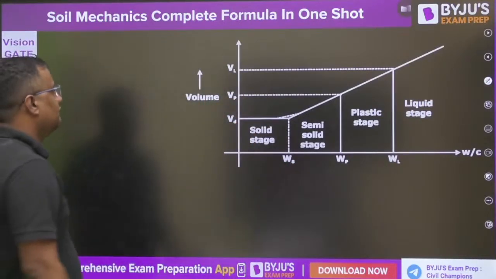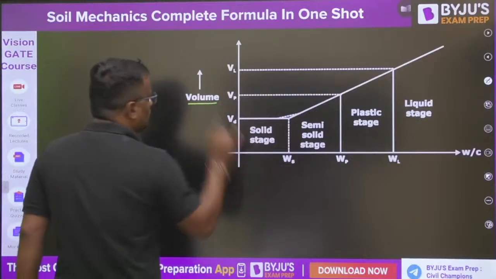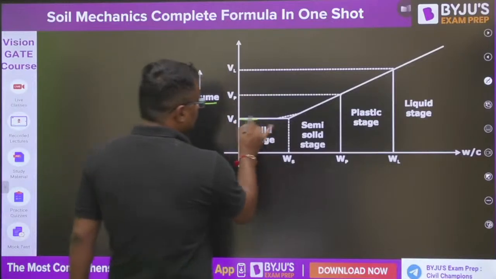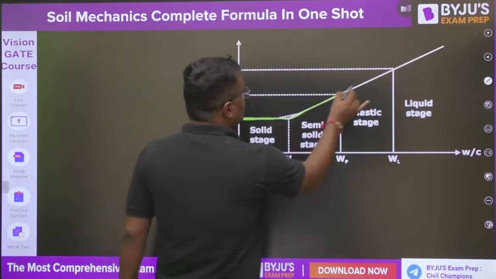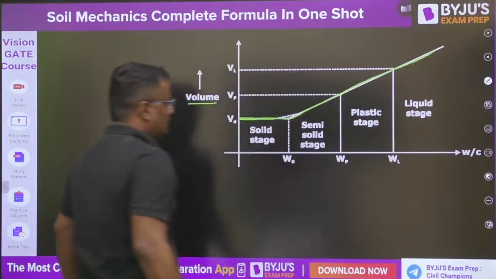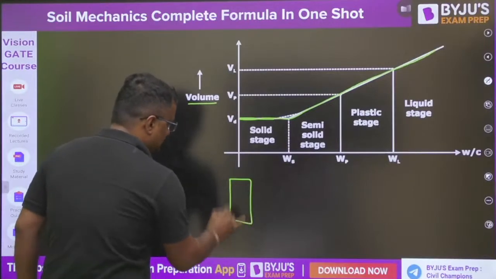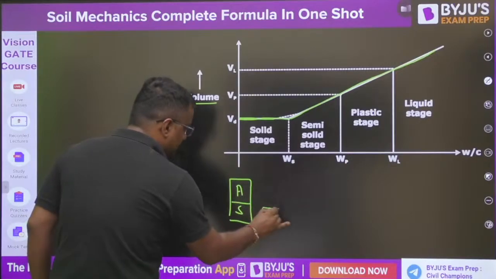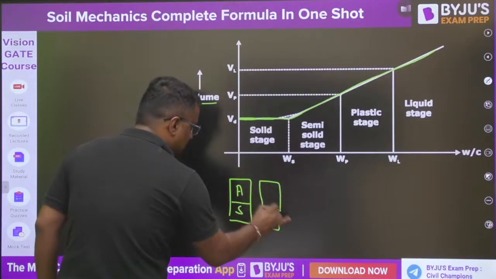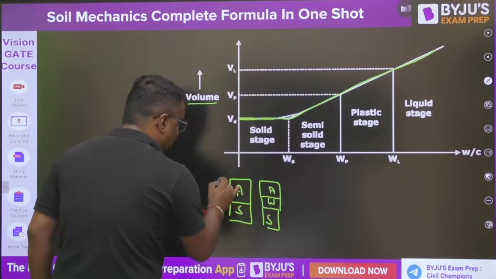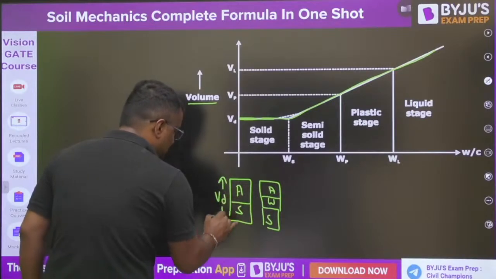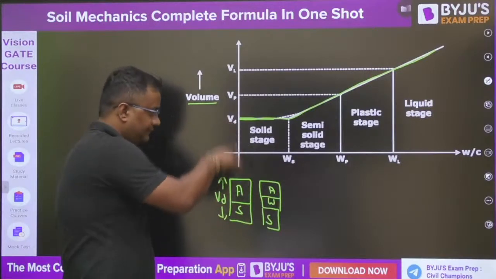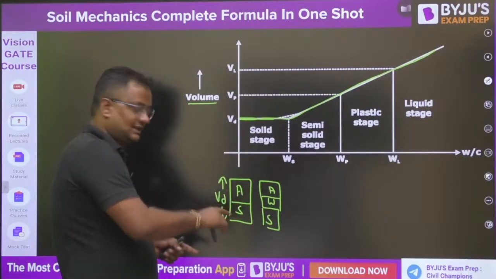Now guys, if I make a graph of volume and water content, then it is initially constant and then it is increasing like this. Guys, why initially constant? Because if water content is 0, that means solid and air. A little bit water content I increase, solid will be same, a little bit water and a little bit less air, but volume will be equal to Vd only. Although here the volume is not dry, but volume will be equal to Vd. Okay, only water is coming, air is getting less.